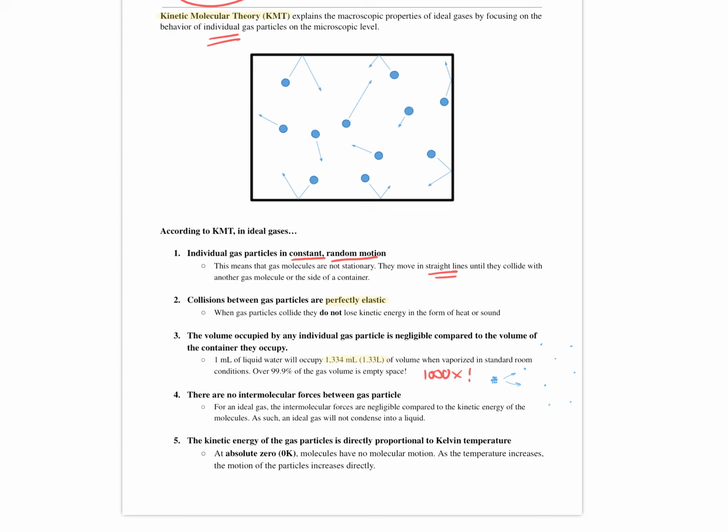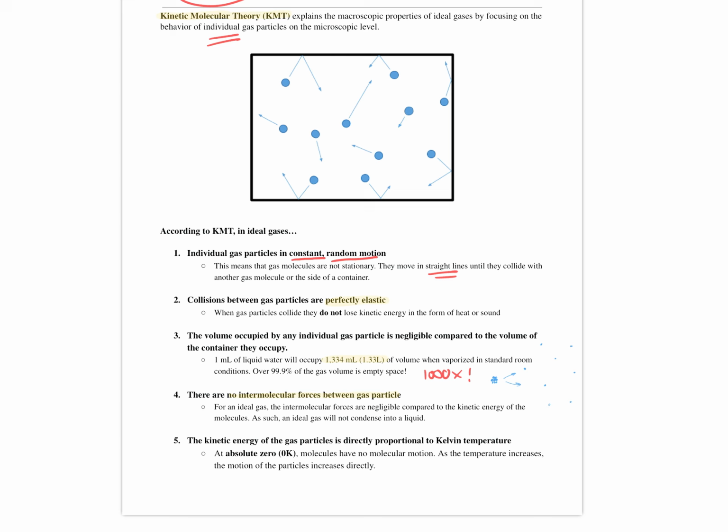This empty space explains why gases can be compressed into a smaller volume with pressure, but liquids and solids cannot. When talking about the particles in an ideal gas, they experience essentially no IMFs between the individual particles. Their kinetic energy is so great and they're moving so fast that there's essentially no attraction or repulsion between the individual particles as they fly around in the container.